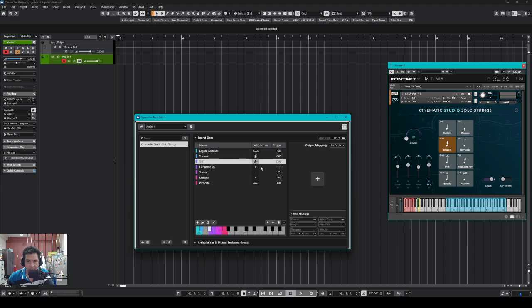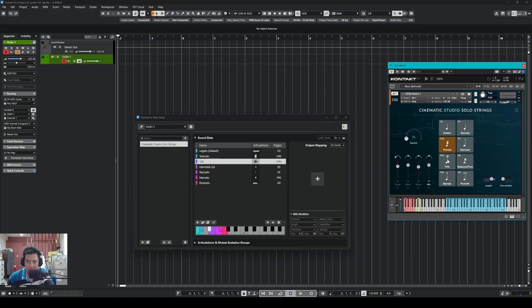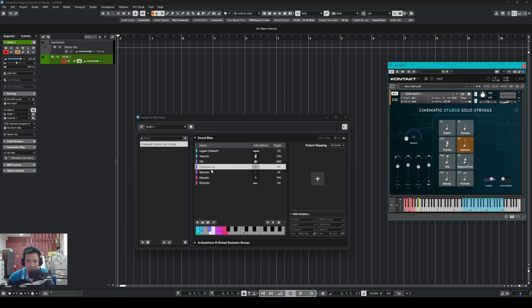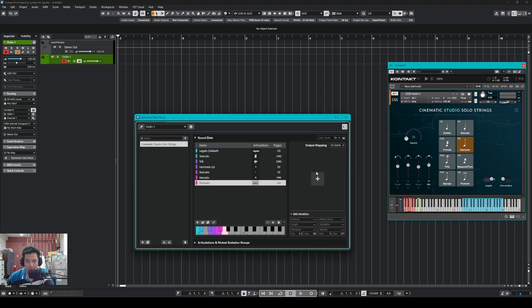So here in trills, we just add an output mapping of the default. Okay, then let's go to the harmonic. So in harmonic, it's just another basic articulation. Just add this one, output mapping, and then next is